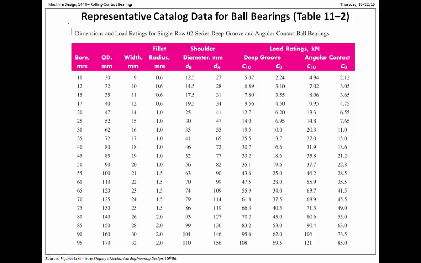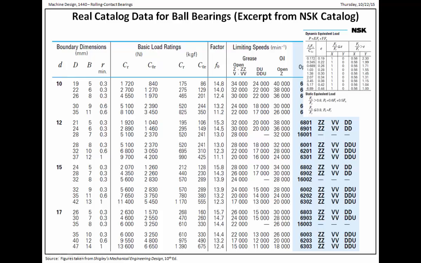Here's what's given in the text in Shigley as an example of representative catalog data, and we can see that with the C10 and the C0. This is for the deep groove, and this is for the angular contact right here. Everything is given in metric units, by the way, in the text, and it will be in these problems. Here's an excerpt from the NSK catalog. They're a big ball bearing manufacturer, and roller bearing manufacturer as well, just to give a comparison or contrast to what was given in Shigley. You can see that it's presented a little differently. The big thing you need to do as a working engineer is to try to figure out the manufacturer's conventions for whatever particular thing you're using, and how they intend for you